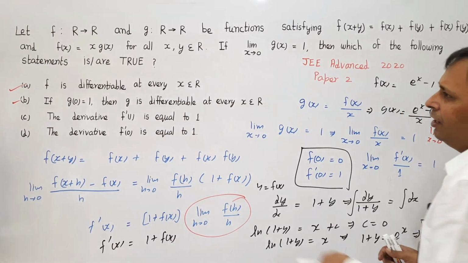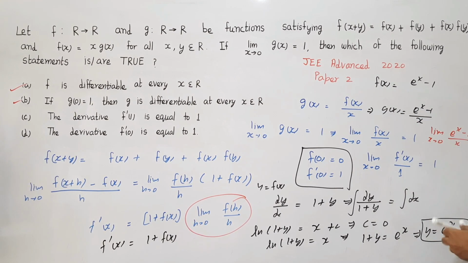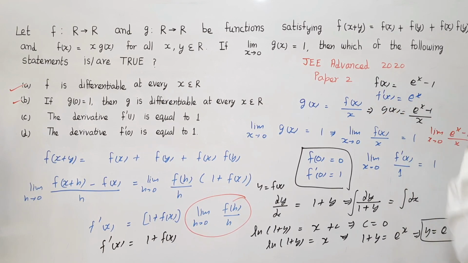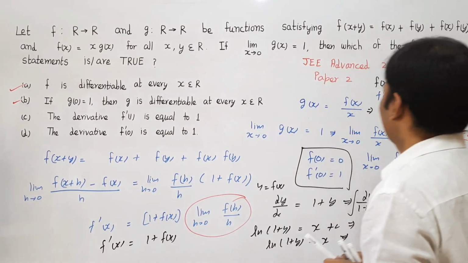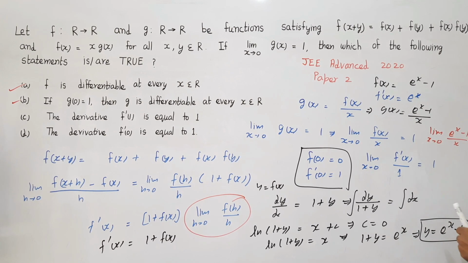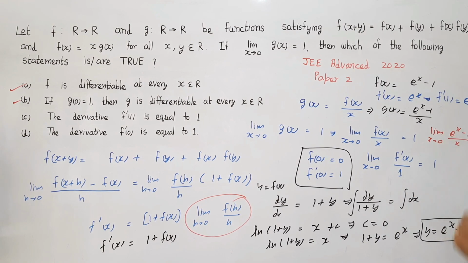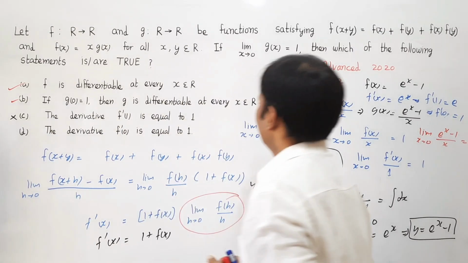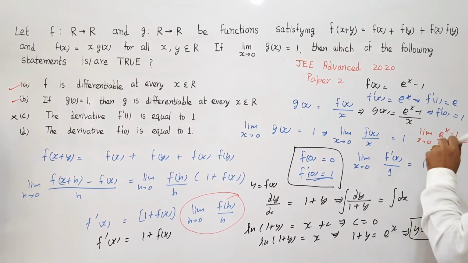Option C is very simple. Once we got f of x, we can easily say what is the value of f dash x, the derivative of e to the power x minus 1, that is f dash x becomes equal to e to the power x. Now if f dash x is equal to e to the power x, what is f dash 1? Put x equal to 1. So this gives us that f dash 1 is basically equal to e, but here it is saying that f dash 1 is equal to 1. So this is not the right answer, because our f dash 1 comes out to be equal to e.